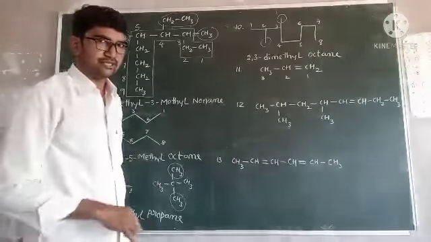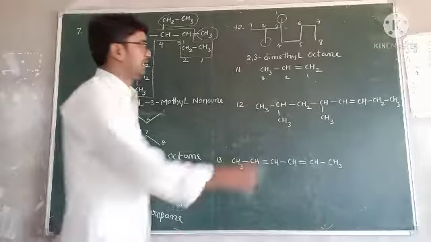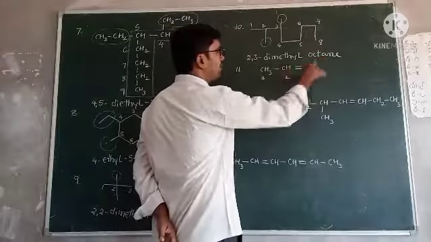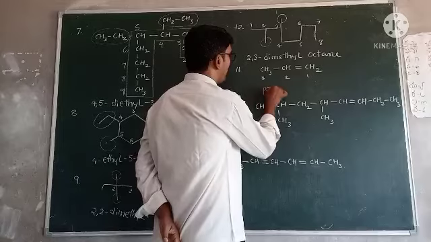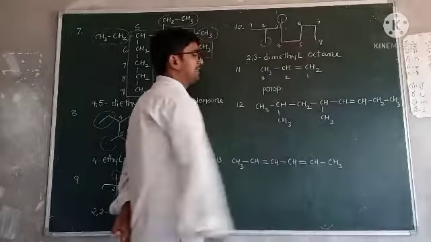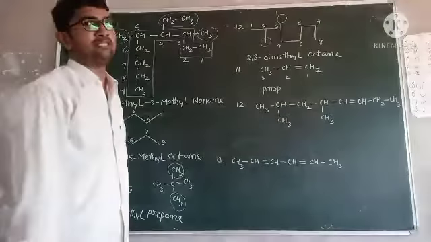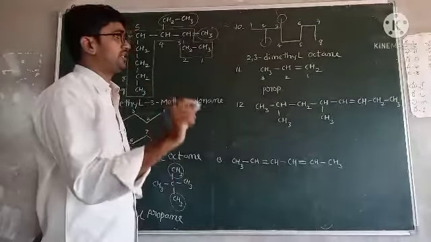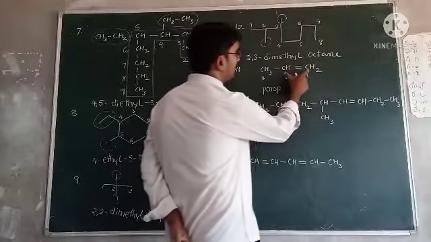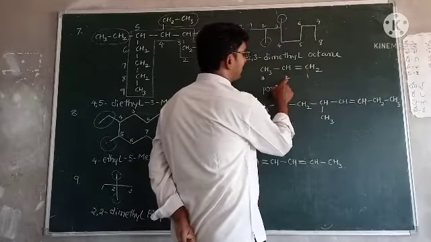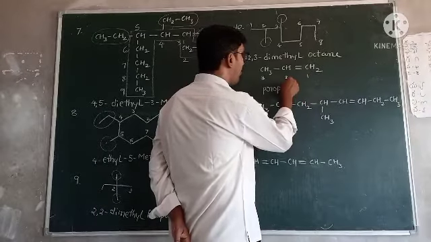First, substitutions. There is no substitutions. Next, second one, number of carbons. In the long chain, how many carbons are there? Only 3 carbons are there. So 3 carbons means prop. Next, bond type. What type of bond is present? Double bond is present, and also mention at which position the double bond is present. Double bond is present at first carbon and second carbon. So which is the lowest number? 1. So prop 1.